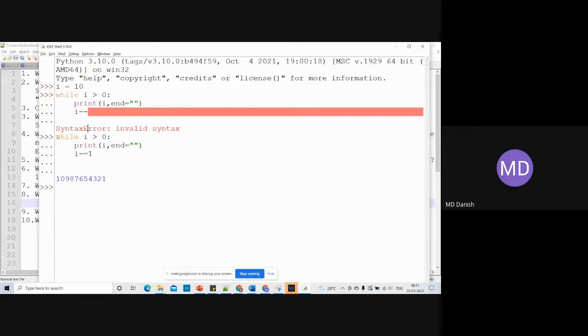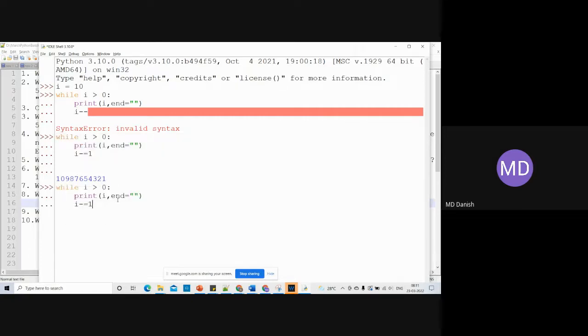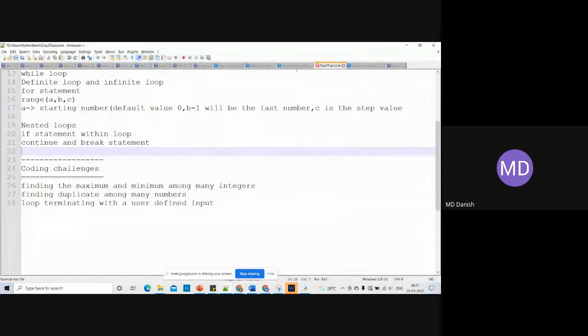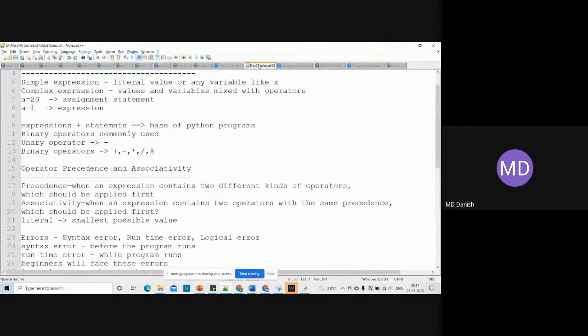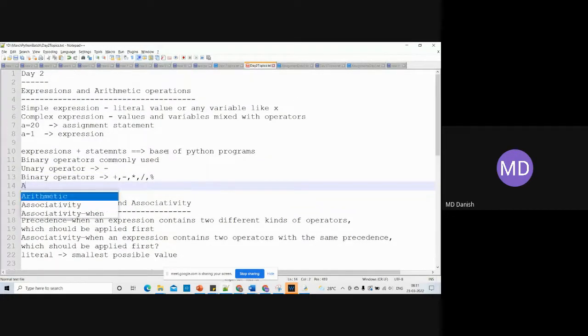So this is another way. You will find many codes where this is a short form for i equals to i minus 1. You can write it like this, or you can write the same thing like this. This is just a short form. This is known as an augmented operator. This is a binary operator. This is known as